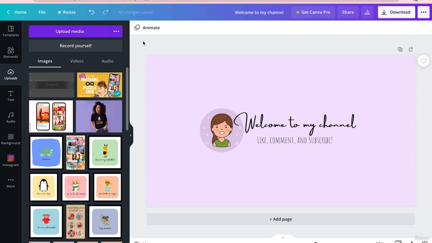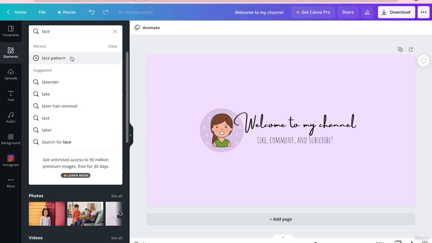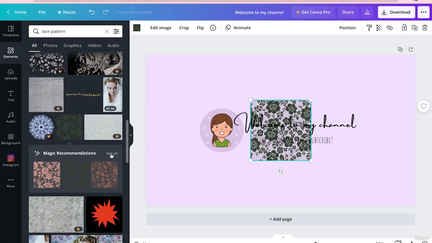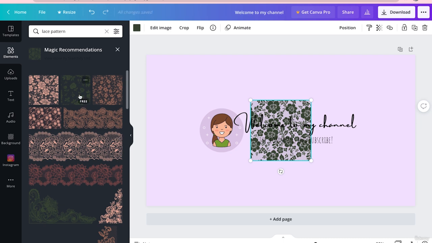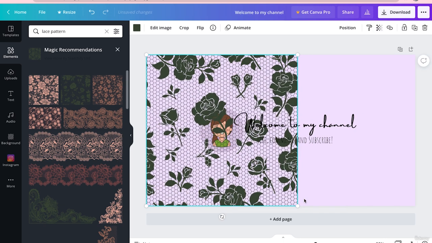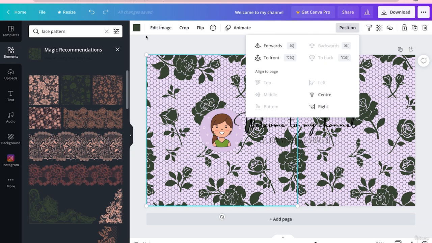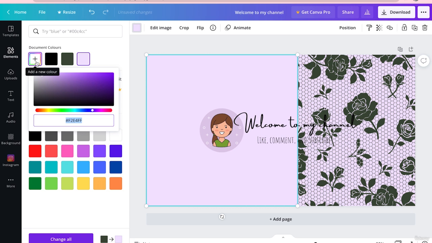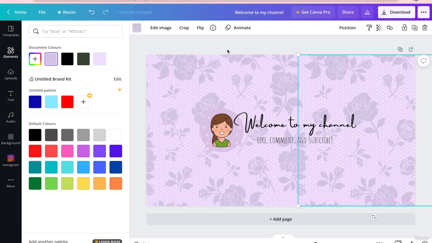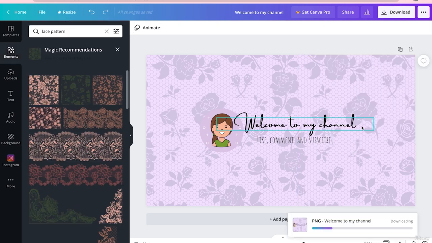To give my banner a more sophisticated look, go to elements and search for lace pattern, and we are looking for something like this. Although it is a very busy pattern, so I'll go for something like this one. Increase its size, duplicate it, position it to back. Now I'll change its color to a little darker shade of purple to just have an embossed feeling. Now download the image,